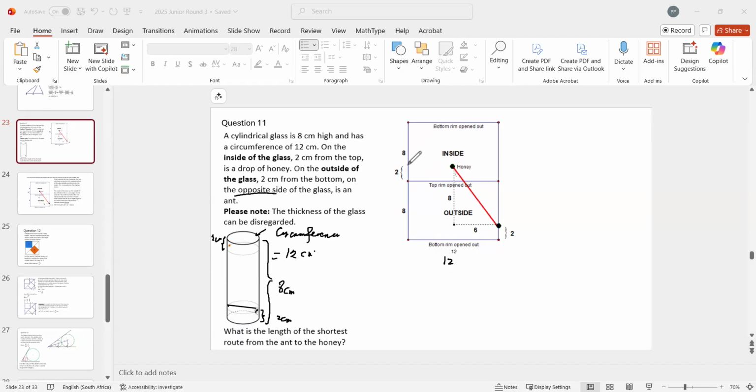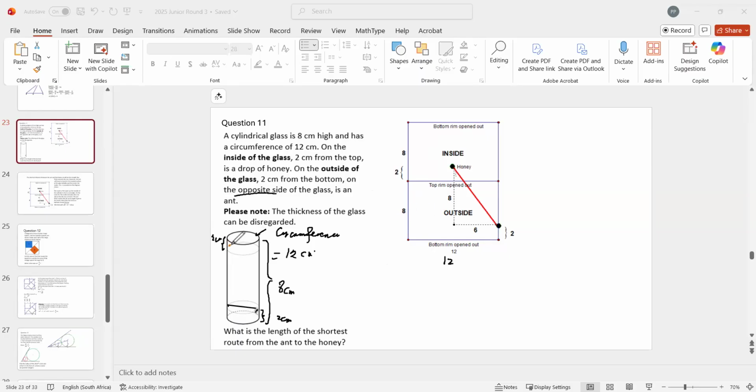So you can see the 2 centimeters and the honey is here. So in other words, I'm turning the inside upside down. Oh no, the honey, yeah, is on the inside. Right. Now, on the outside,